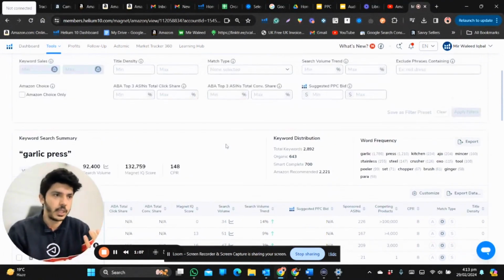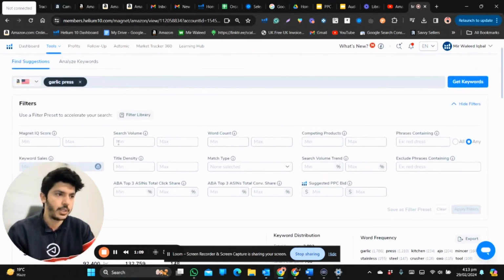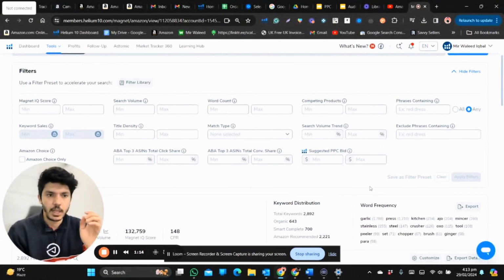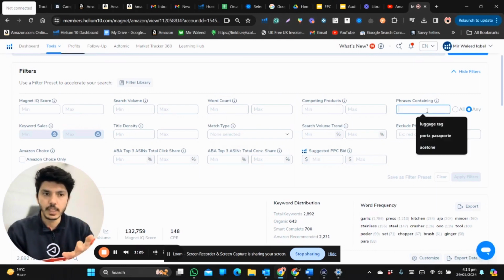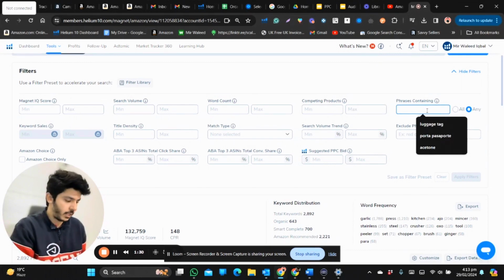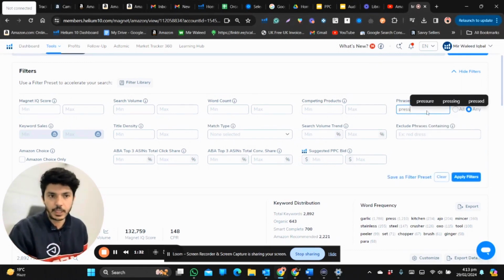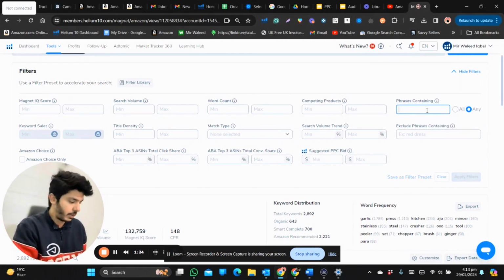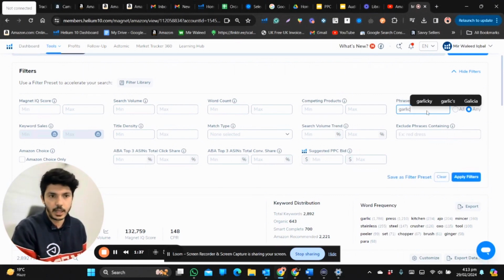But obviously there are more options that you can use. You can use the search volume here, word count and everything. But the most interesting part for me is the exclude and the phrase containing filter. So phrase containing filter will always give you more relevancy. For example, I'm saying that I need press in every keyword, or let's say for more relevancy, I can say garlic in every keyword. So once I click garlic